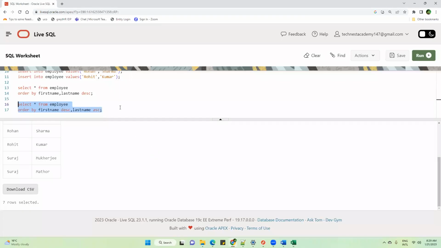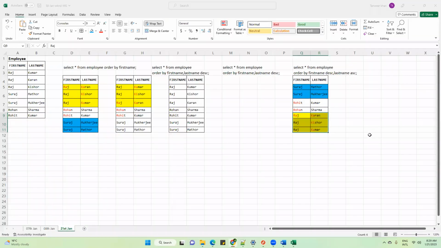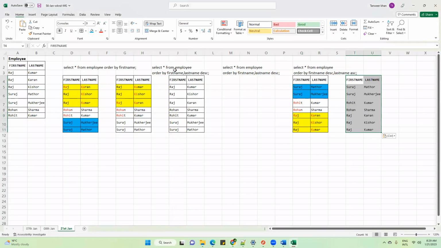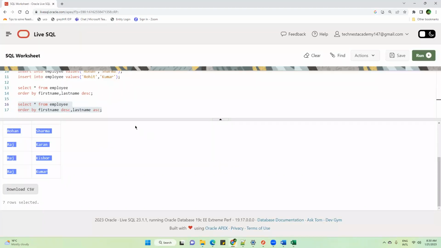Okay, so this is the output as per our analysis. Now let's check the output of the engine. This is the output of your SQL engine. Please verify, is it the same? Is this the same output, guys? Yes. Hope it is clear. Okay, good question. So let me proceed further now.